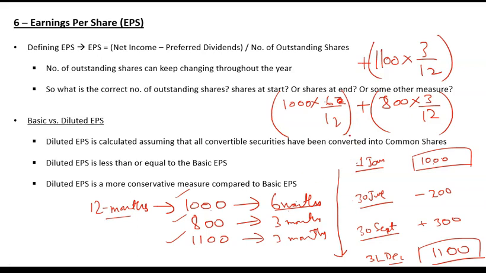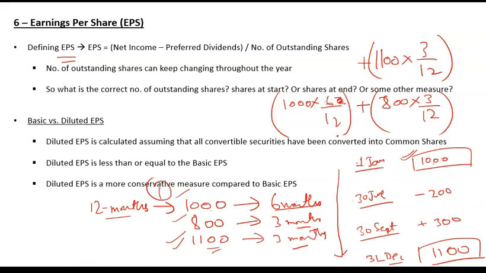So how do you calculate weighted average number of outstanding shares? First step is that you find out the respective periods for the respective number of shares, that is, how many shares were outstanding for which period. And then next step is that you take the weighted average, that is multiplying it with the respective weight, that is number of months for which the shares were outstanding divided by total number of months in the year. And if you sum them up, it will become your weighted average number of outstanding shares. And then that weighted average number of outstanding shares will be used in calculating your EPS.